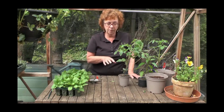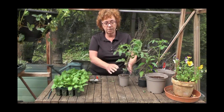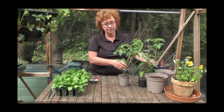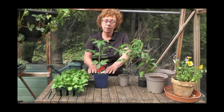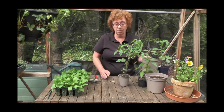Now I've deliberately left this one in the pot longer than would be usual in order to show how you need to see that this tomato plant needs repotting. It's much too big for its pot compared to this one, which is a reasonable size and proportion in relation to the pot, and can probably remain in that pot for another couple of weeks or so, but will need repotting. What you need to think about when repotting tomatoes is the size of the pot, because it is quite